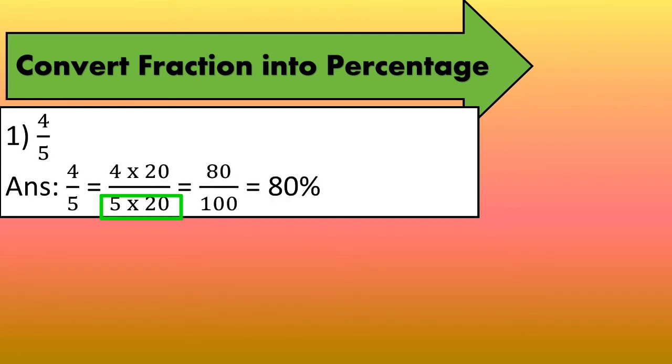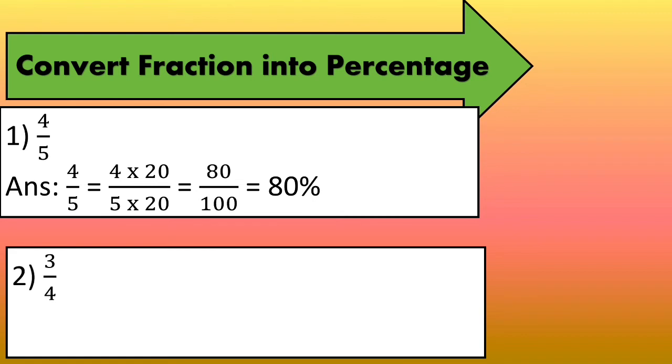20 times. If we multiply the denominator by 20, then we have to do the same for the numerator also. So multiply by 20 in the numerator also. So 4 20s are 80, 5 20s are 100. Now our fraction is what? 80 upon 100. So here the denominator became 100, which means we can convert it into a percentage. With the symbol, how will we write it? 80, and we will give the percentage symbol.